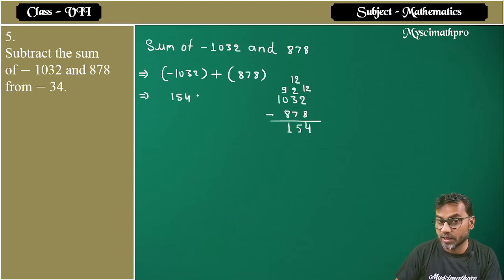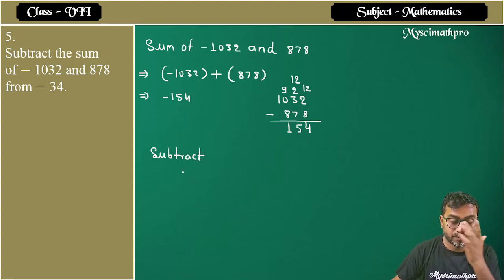154, and you know very well which one is greater. 1032 is greater value, so we put the minus sign. So the sum is minus 154. Now student, in the second part we have to subtract. So student, we have to subtract minus 154